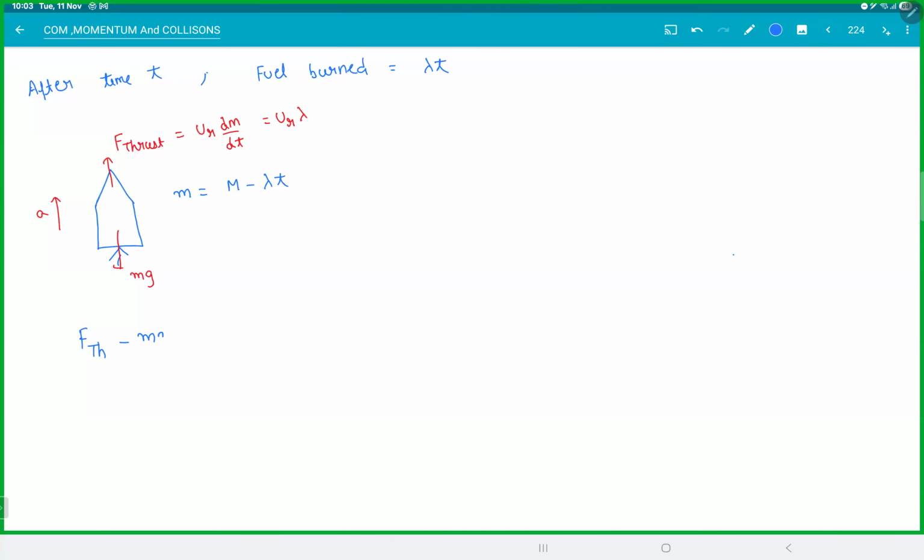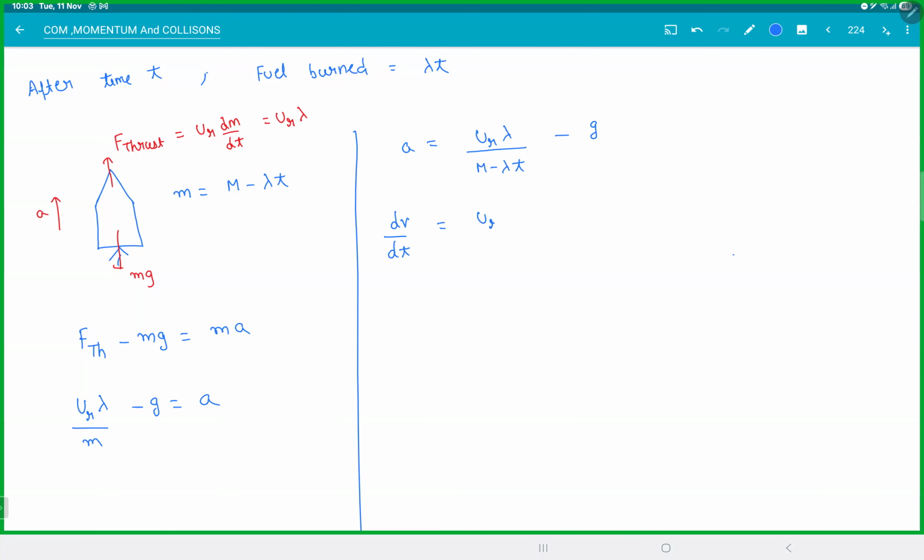F thrust minus small mg is equal to small m into acceleration. This is u relative into lambda minus mg, this will be divided by small m. So u relative lambda by small m minus g is equal to acceleration. So we get acceleration is equal to u relative lambda by M minus lambda t, minus g. A is nothing but dv by dt. Send dt that side. dv, this will be u relative lambda integral dt by M minus lambda t, minus g integral